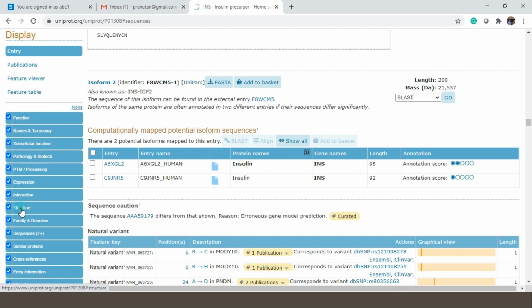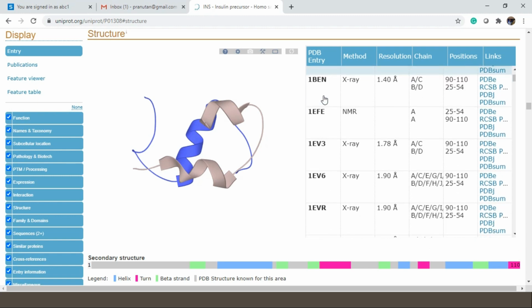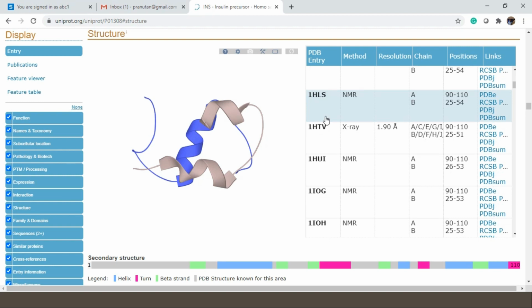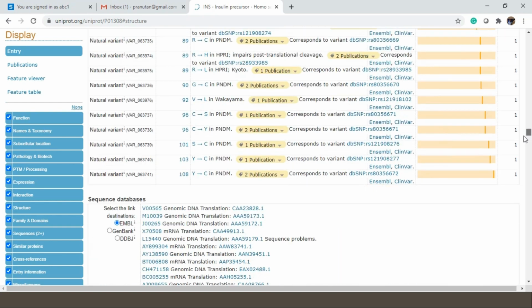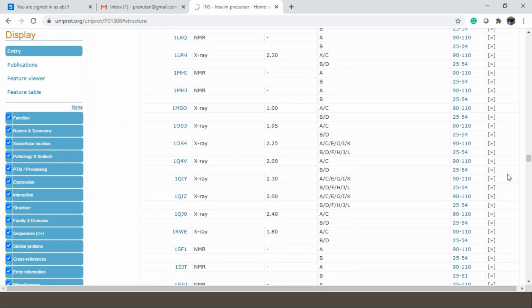If I want to know whether the structure of this particular protein has been solved or not, you will find that a lot of PDB IDs are available. Why are we getting more than one structure for the same protein? I will demonstrate while we are making the video on PDB, so there you will come to know. All right, so what I want to say in this video is that whatever detail you want to know about this particular protein sequence, this is the best source. You can scroll it out and you will get each and everything regarding this protein sequence.